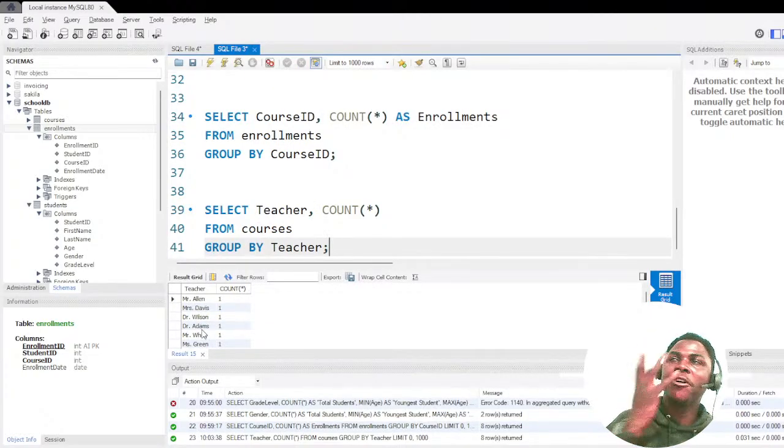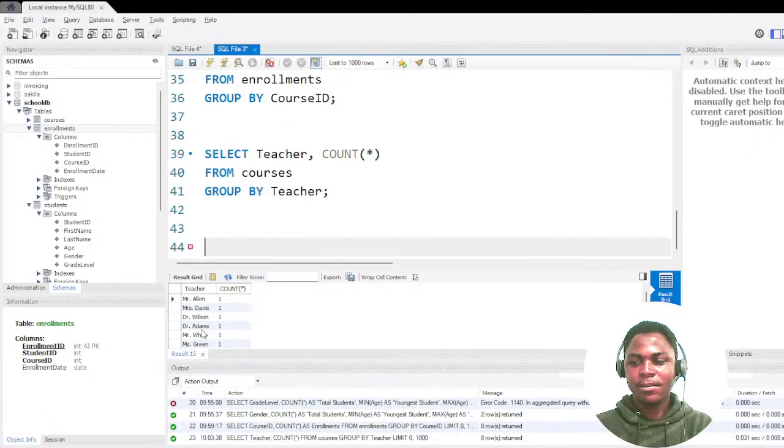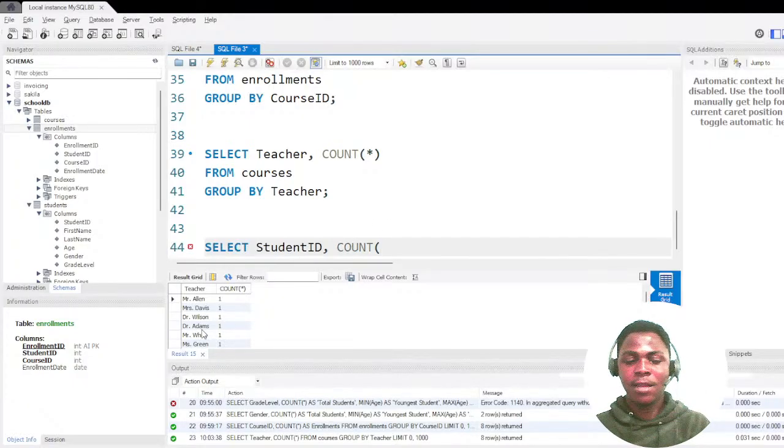So let's find the number of enrollments per student ID. Quickly, everybody, find the number of enrollments per student ID. Let's do that quickly. Select student ID. That is what we want to group by. And what we are counting then is everything, course. And we want to call it as enrollments